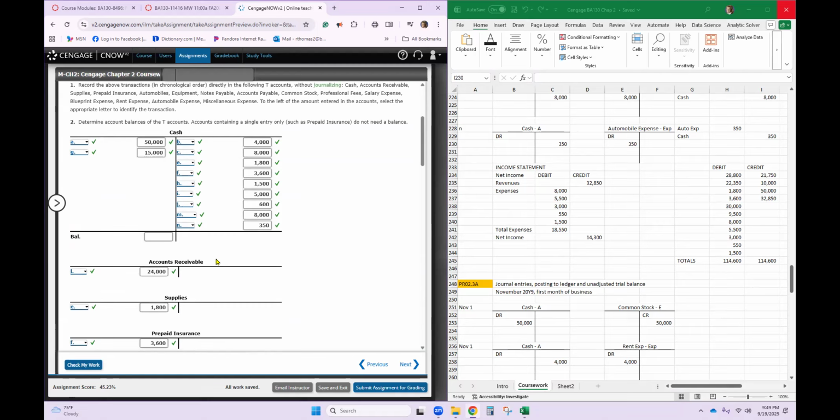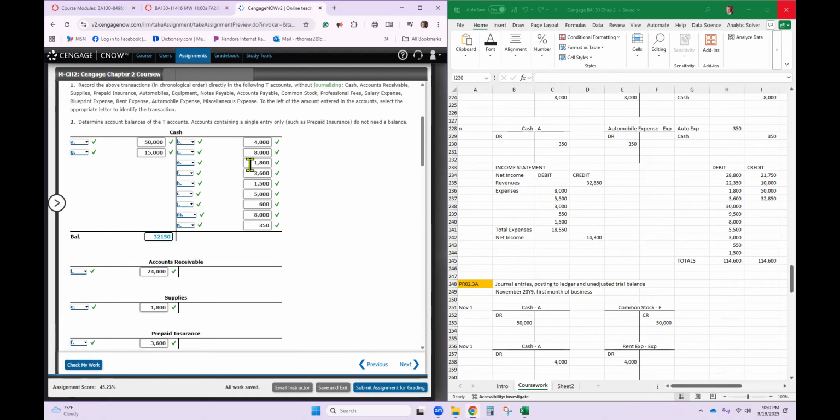Now we're going to come up with the balances if it is necessary. Well, we definitely need to come up with the cash balance. I'm going to save you a little time. The cash balance is $32,150. Okay, $32,150. So how we got this is we took these two and added and got the